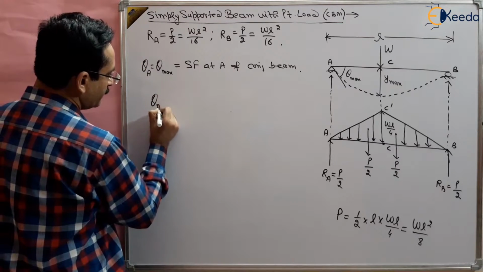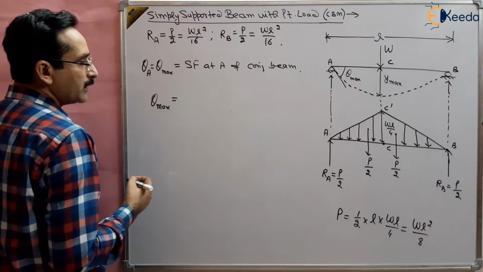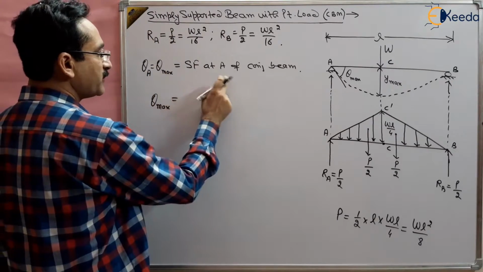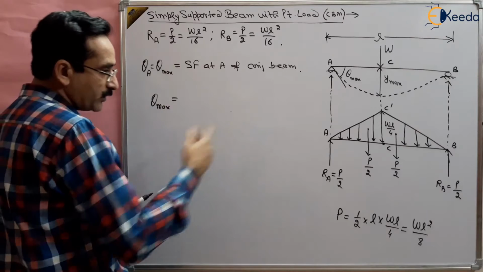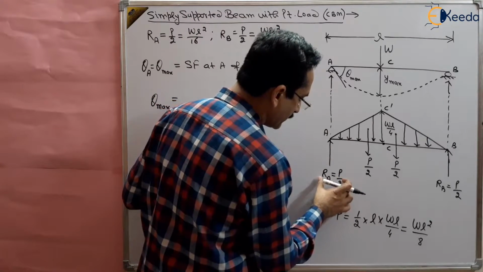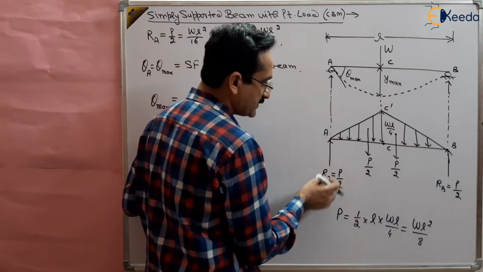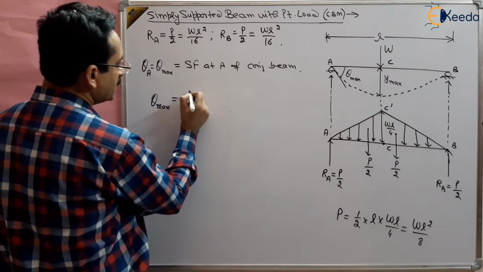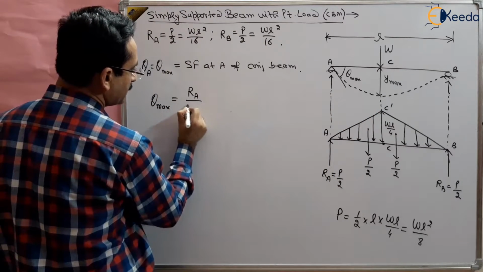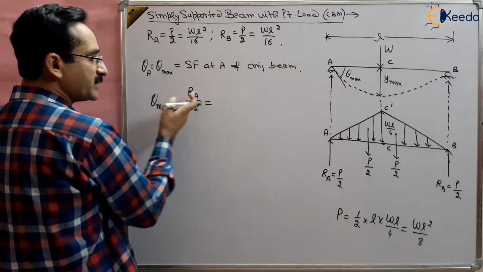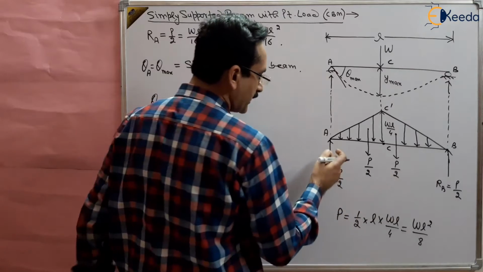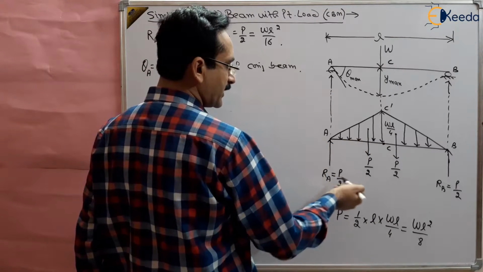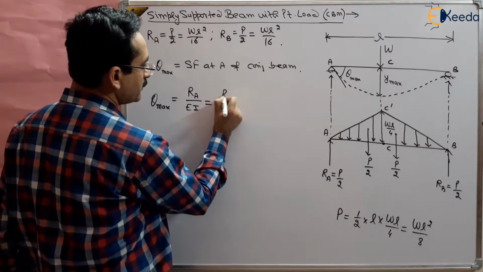So theta max, or theta A, will be equal to the load at A, right? And what is the shear force at A? You can easily find it. At A there is one load, that is P by 2. So this is basically RA. Shear force at A divided by the width of the beam, EI, so this is basically RA by EI. Because the shear force at A is basically RA, and at A there is no other force, we can simply write RA. So this is P by 2 EI,